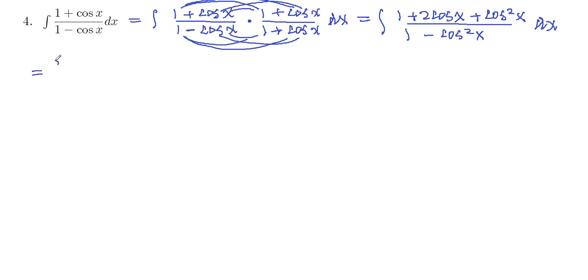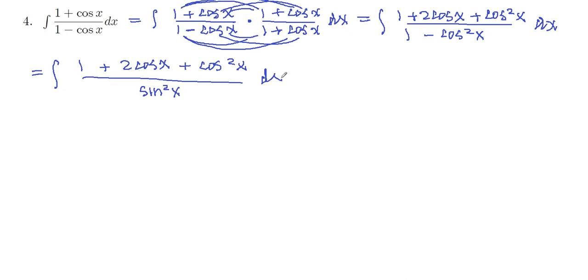So we've got integral 1 plus 2 cosine x plus cosine squared x over sine squared x dx. And I did that so I'd get one quantity on the bottom, and now I can split these apart